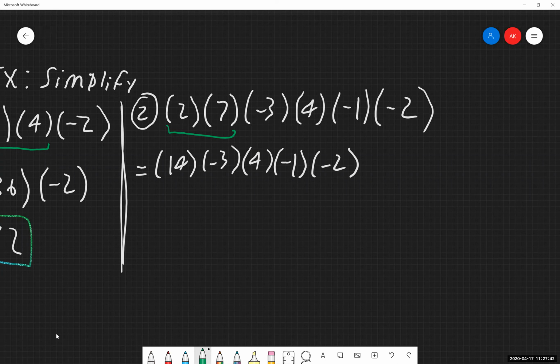And again, as I'm going through this, I'm just going to work with the first 2 and multiply those together. So I have a positive 14 times a negative 3, working with the sign first. I have a positive times a negative. My answer is going to be negative, so I'm just going to put that in. And now we do 14 times 3. I'm going to use the calculator because I don't know what that is off the top of my head. It's going to be 42.